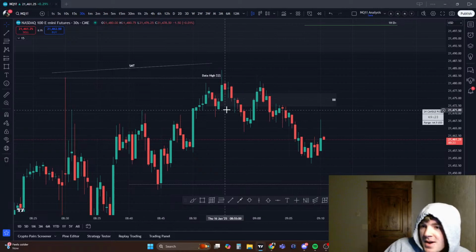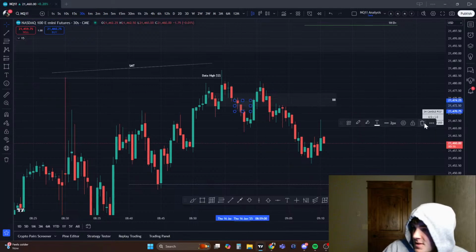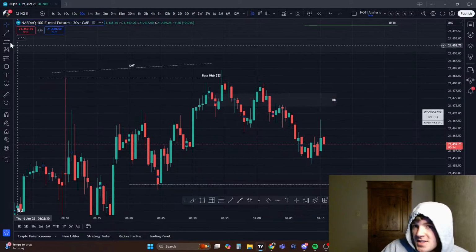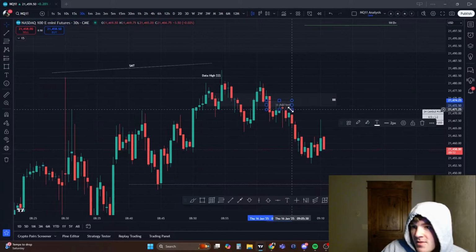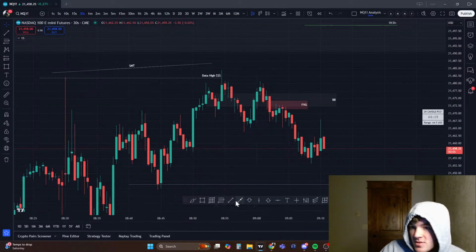because now that I'm thinking about it, there should have been a fair value gap right here. Anyway, it's the signature in price, right? Okay, we have the fair value gap here, and then we distribute lower off of this. That's essentially what I'm trying to say. It's that signature in price.